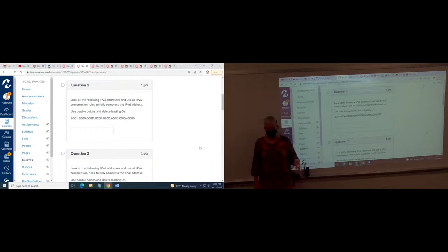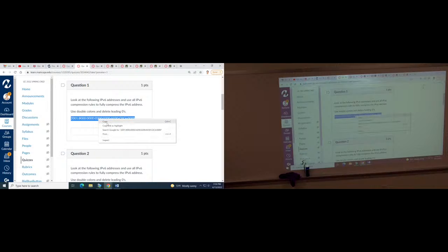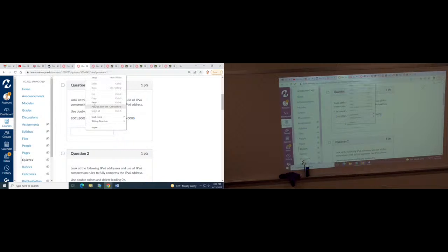And I think this one might only be asking for full compression. I can't remember. Let me show you how I do this so that I don't make mistakes. I actually copy and paste the whole thing. Jocelyn, look. So this wants you to use full compression, which means it wants you to omit the leading zeros and use double colons. So what I do is I put the whole address in here, and then I look at one